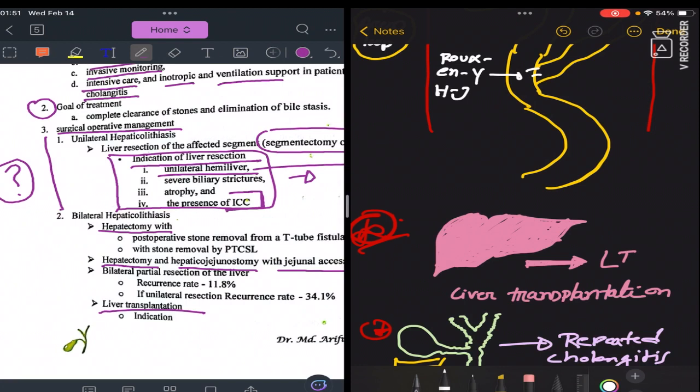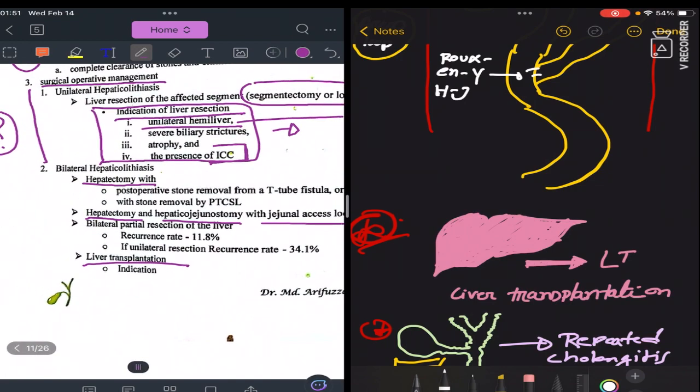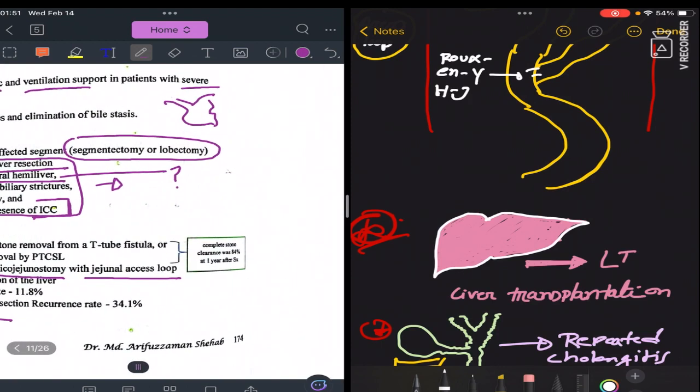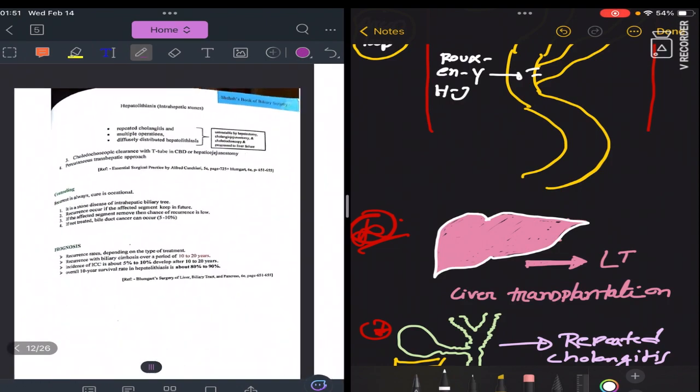What is the indication of liver transplantation? We can go for liver transplantation, okay, and the indications of the liver transplantations are, if there is